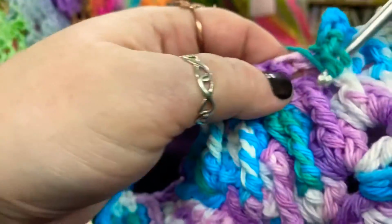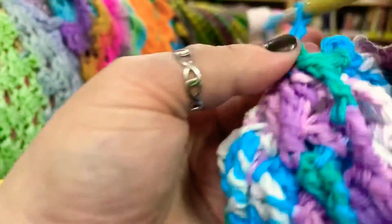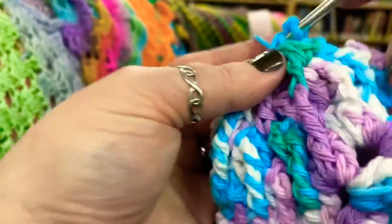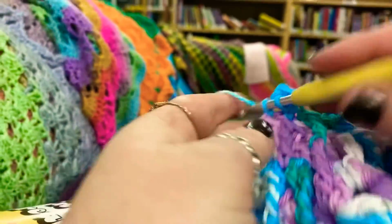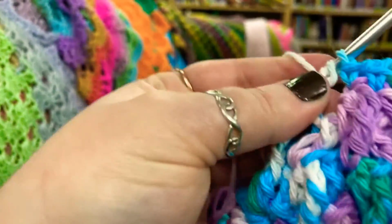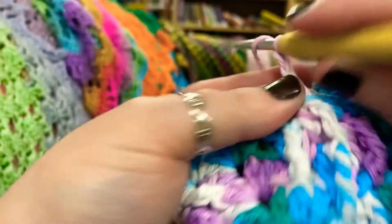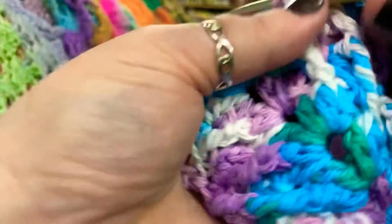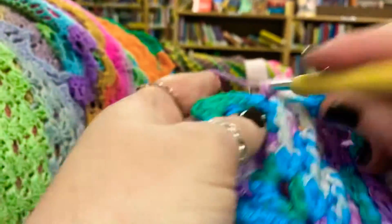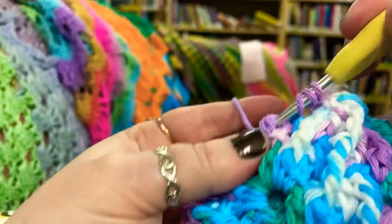single crochet, loop twice underneath that extended post, 1, 2, 3, single crochet, 2, 3, all 3 stitches, 1, 2 loops, 3 stitches, single crochet, 3 chains, pull through all 3 loops, single crochet, loop twice, pull up a loop, 1, 2, 3,